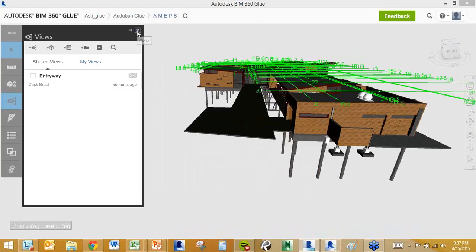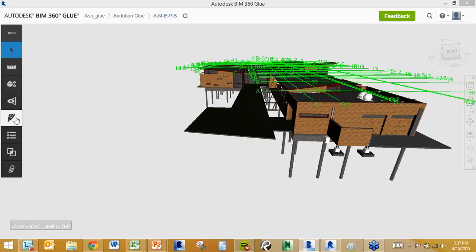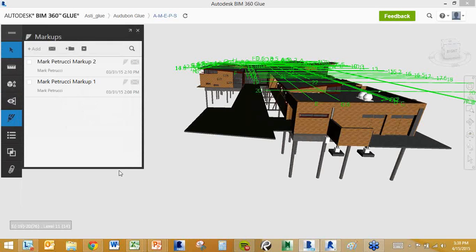So really powerful to be able to, like I said, that one-click access to BIM. You just share it with them. If they can click a blue hyperlink, they're now part of the BIM process. So kind of taking it a step further is markups. So markups basically let you add,